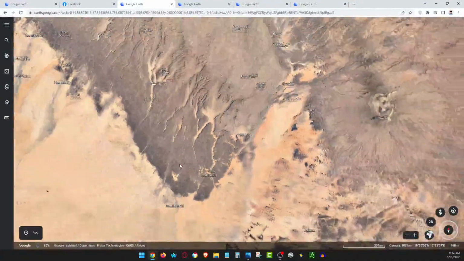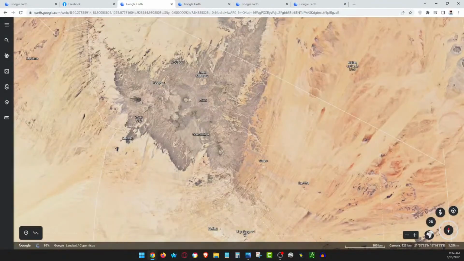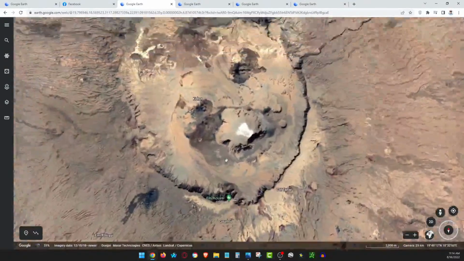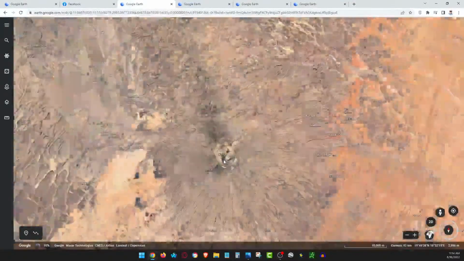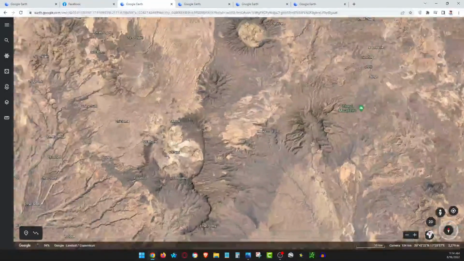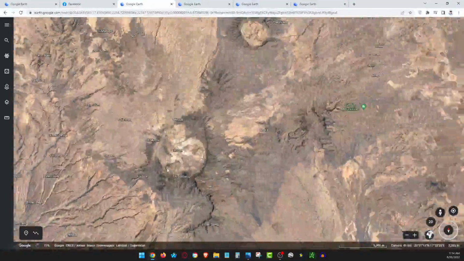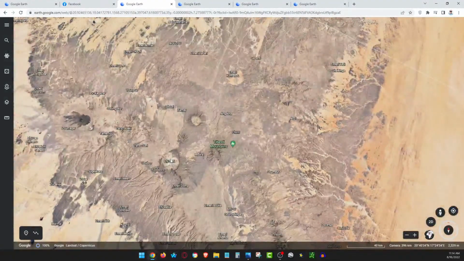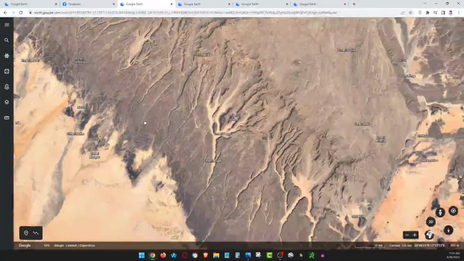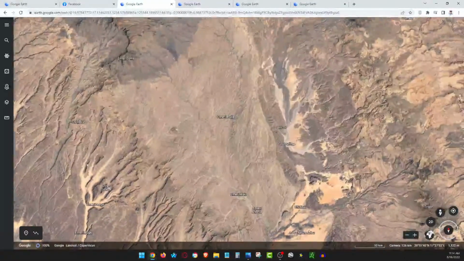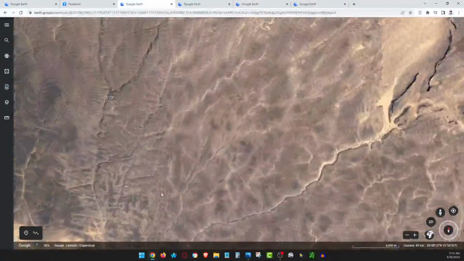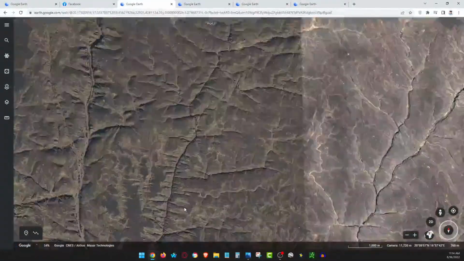In fact, I think if these are volcanoes, then they must have been long dead. That looks like a volcano to me, or at least a mountain, but these volcanoes are pretty flat. Maybe they're craters. But, sorry, the water, it looks like they're trying to direct the water through here. Look at all this. When I see this, I feel like it's a symptom of this work that's been done in these mountains.